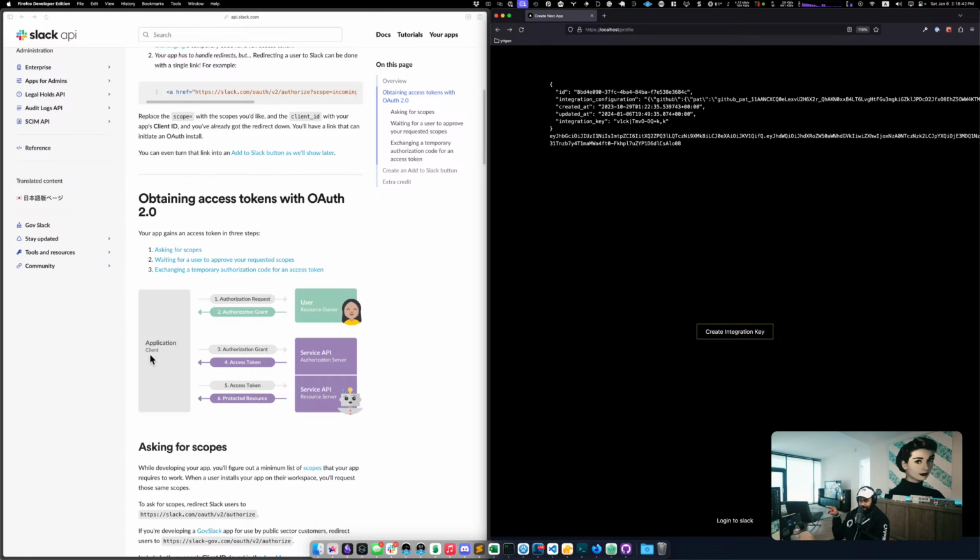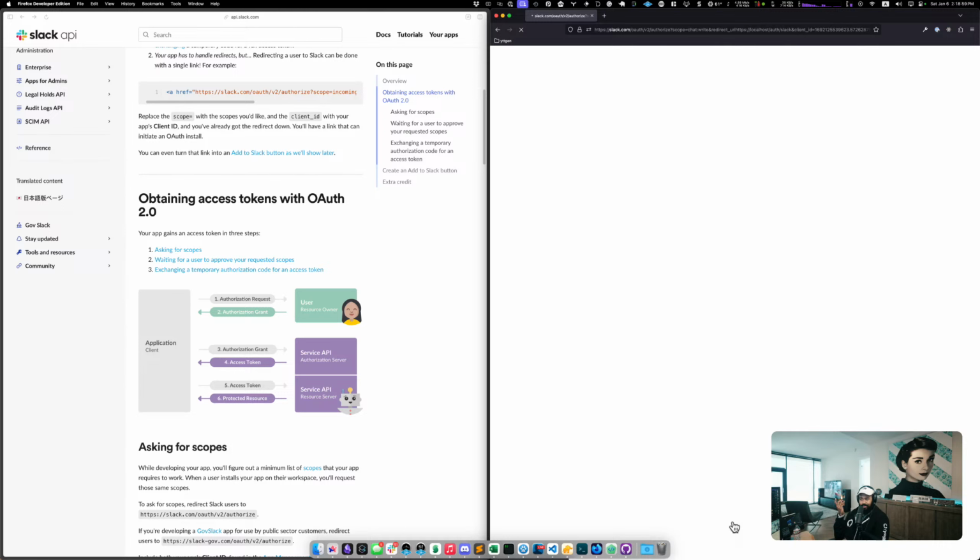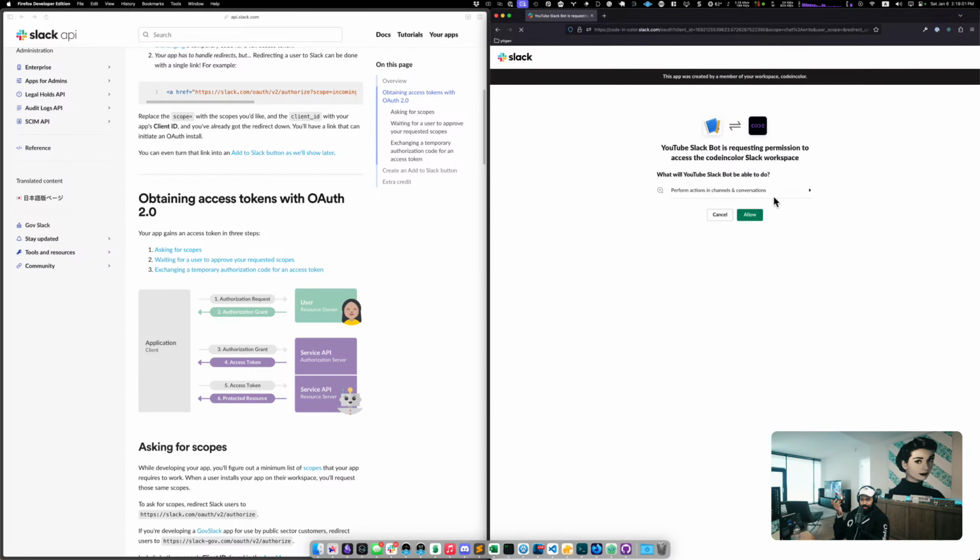The application, that's me, that's this thing, is going to request a resource from the user. In this case, I am the user, I'm the resource owner. And the way we do that request is here. I have a button that is going to request some stuff. And you see here, this is what it's requesting: to send messages as YouTube Slackbot.